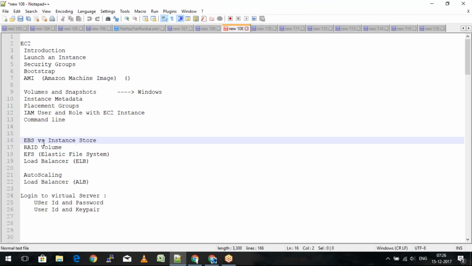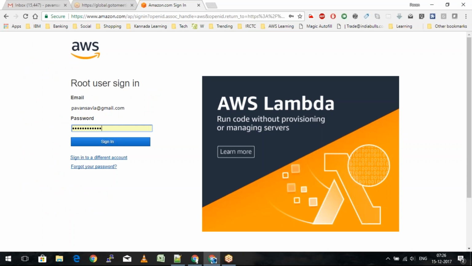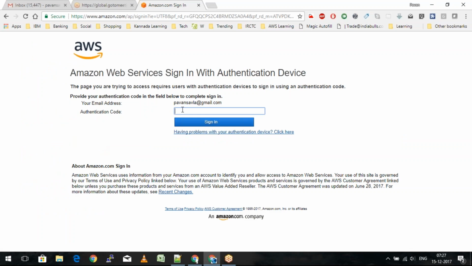So as you all know, EBS stands for Elastic Block Store. Before the EBS volumes were actually available for usage, we had something called instance store volumes. So just for information, we have to know the difference between EBS and instance store. But in real time, we do not use instance store volumes anymore at this point, because instance store volumes are otherwise called ephemeral storage, which means anything that is stored on that ephemeral storage can be lost.